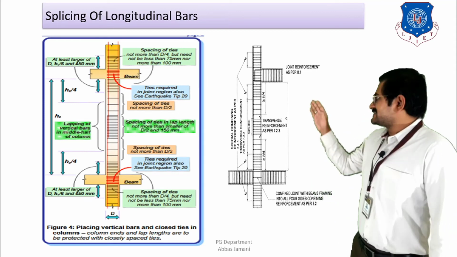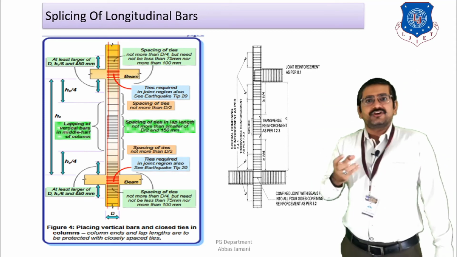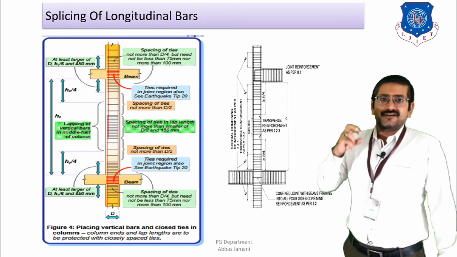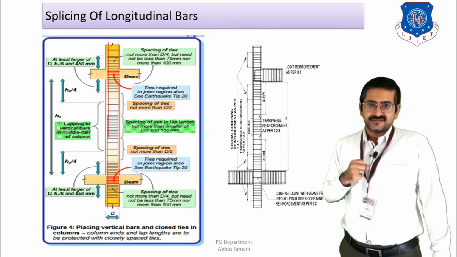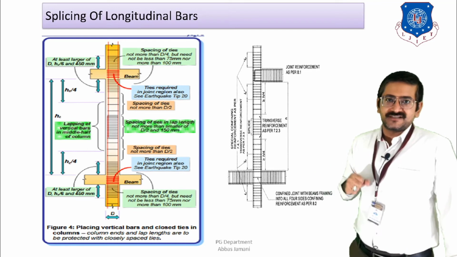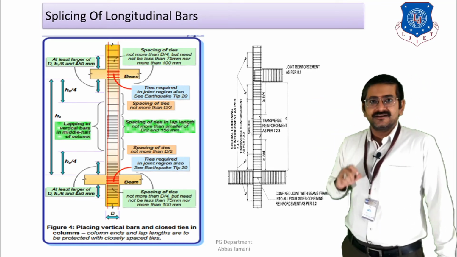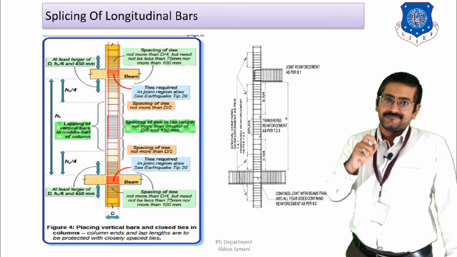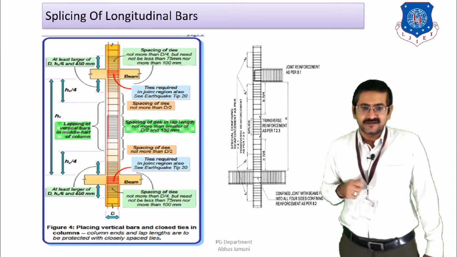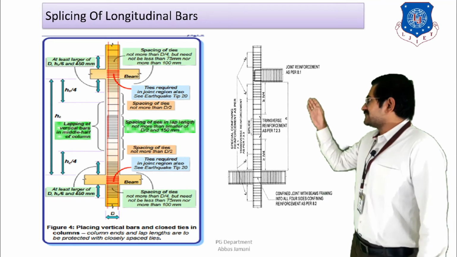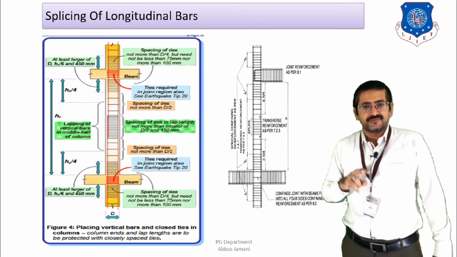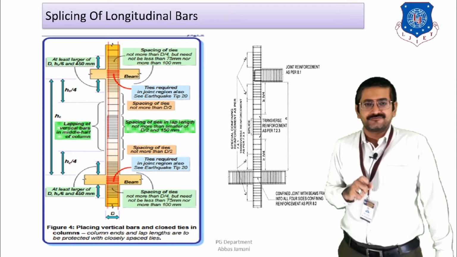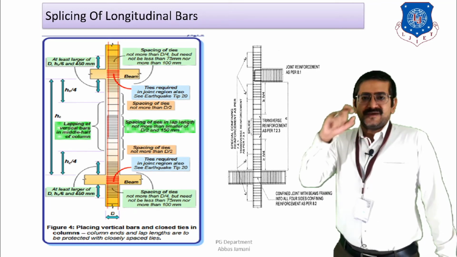Then the other thing is which are going to be the stressed zones. The stressed zones are going to be the ones that are near the beam column junction. So when I am talking about the beam column junction, IS 13920 is saying that near the beam column junctions, special confining reinforcement should be provided. Now what is the special confining reinforcement? The special confining reinforcement guidelines are given in two forms. First is the height of the special confining reinforcement, and second is the spacing of the stirrups.